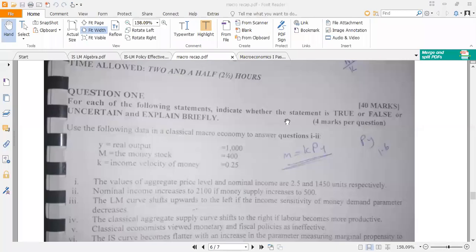Hi. All right, so we need to find our P, and then our nominal